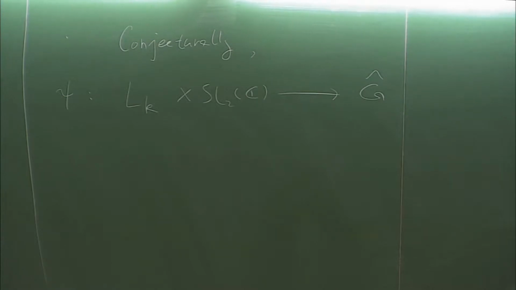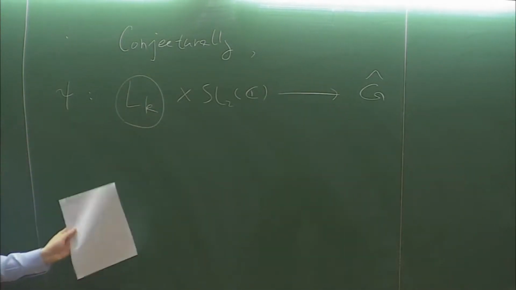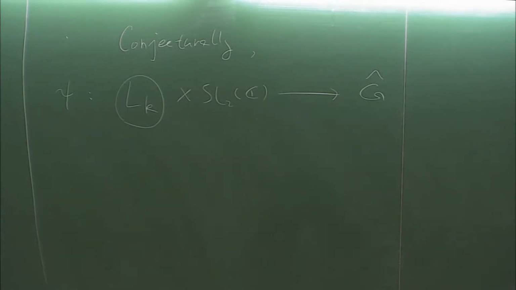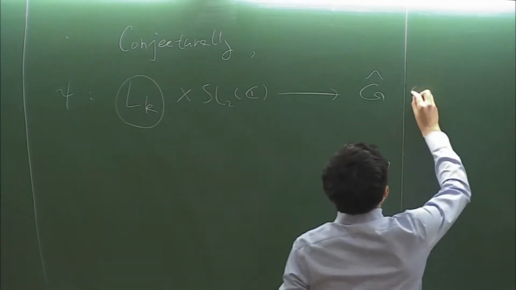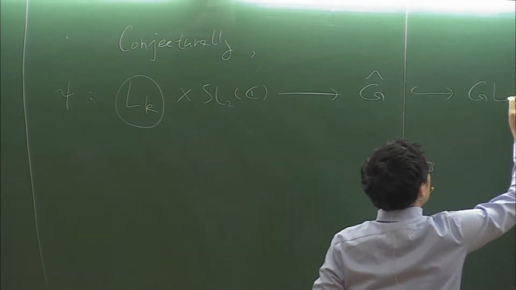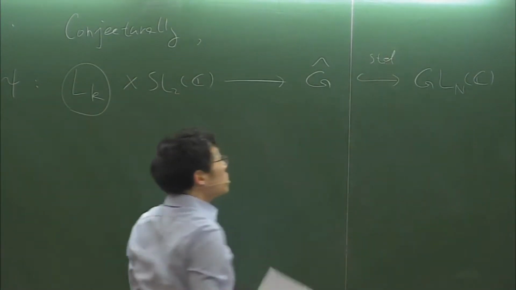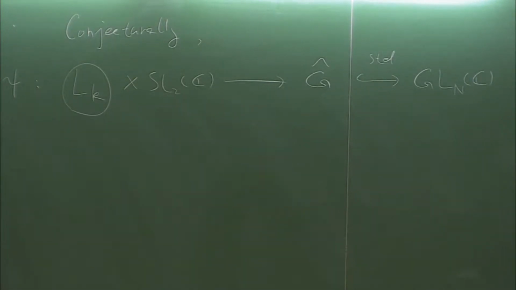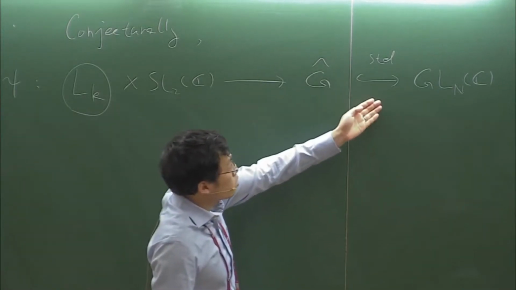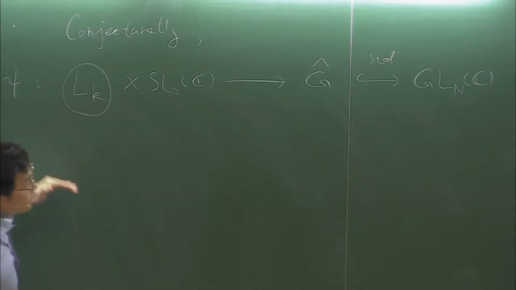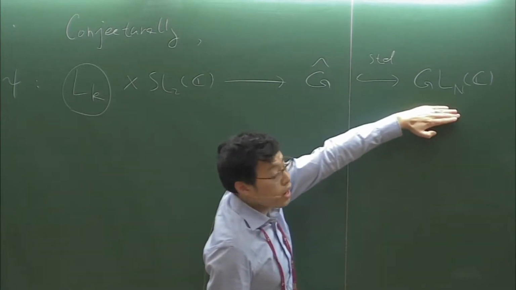Okay. So that's the conjecture. But since we don't know the Langlands group here, you can put the Galois group. That's just a special case. In general, we don't know what this group is. So instead, we can think this G hat will embed into certain general linear groups by the standard representation. So in this case, G hat will either be symplectic or orthogonal. Okay. So if you compose with these standard representations, instead you can think psi gives you a parameter for GL_N,